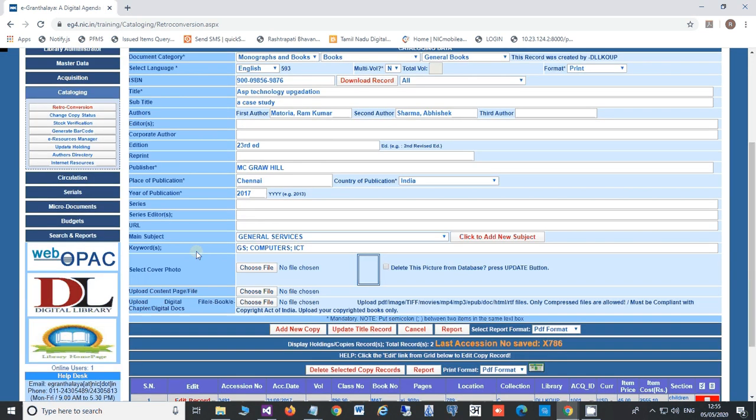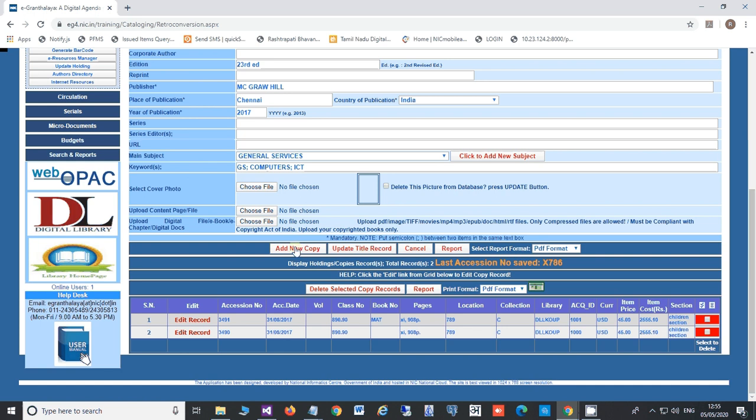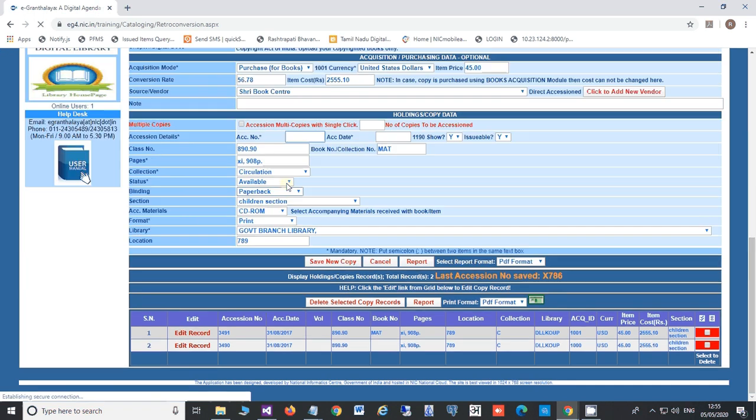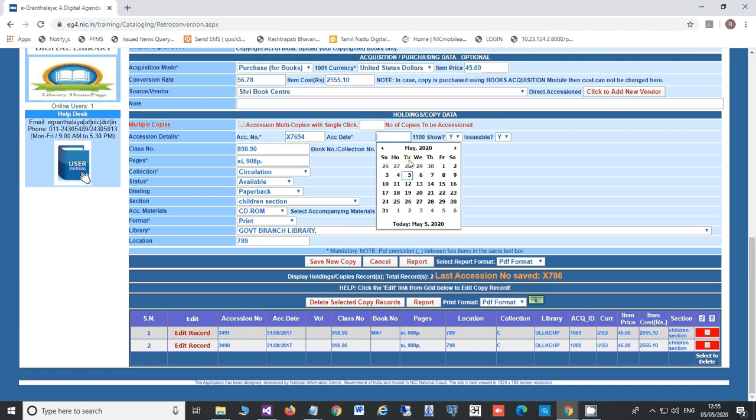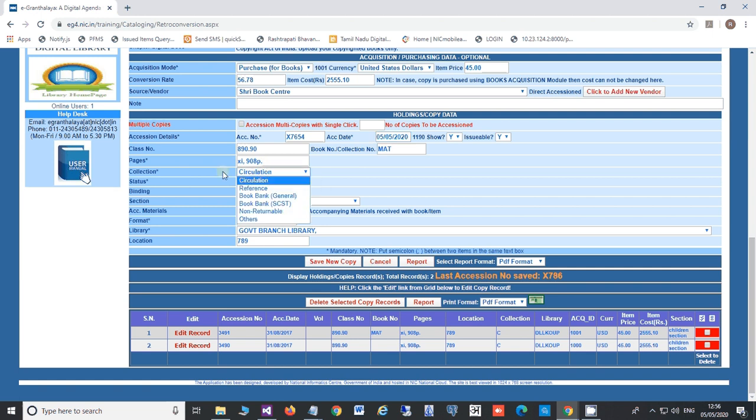If it is the same book, then go to the bottom and press add new copy, and add the copy details: accession number, accession date, class number if it is classified, book number as per the Cutter system or whatever system you are following, pagination, collection type, status, binding, section, accompanying materials, and format, and library.